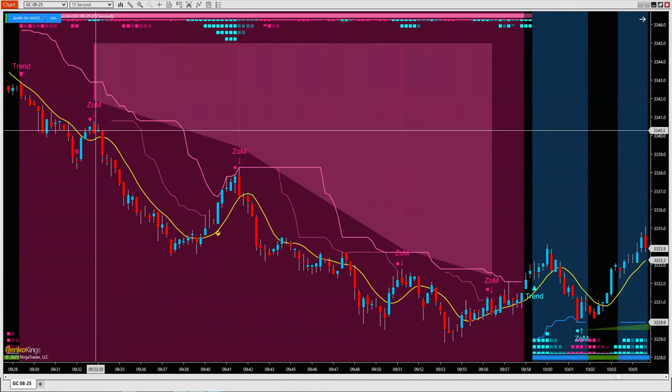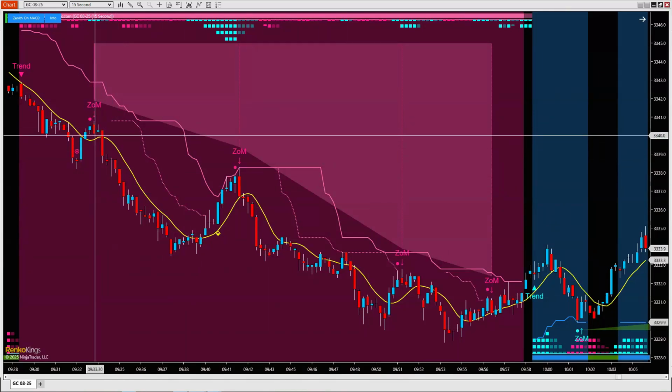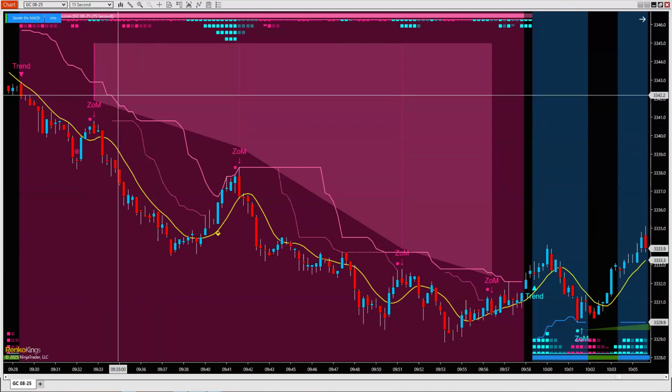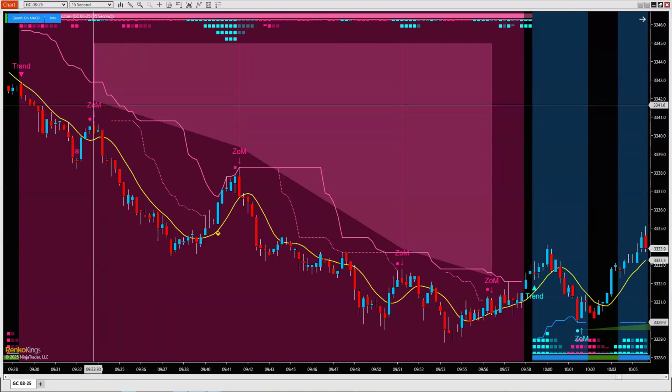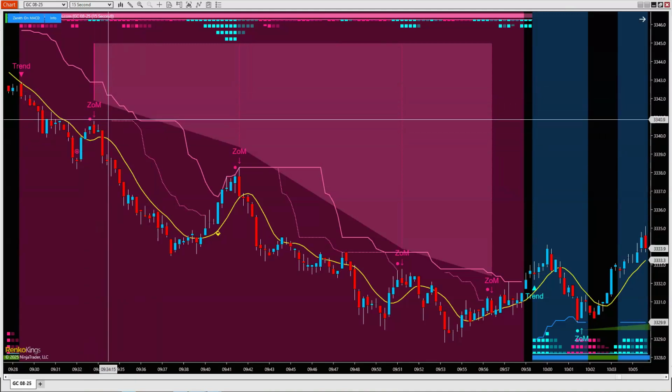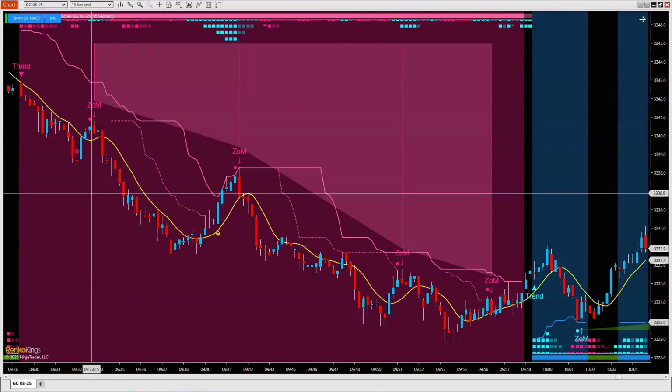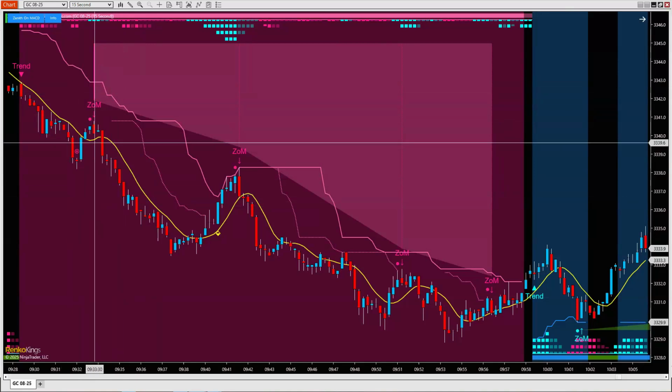It would be right over here. By the way, these signals don't repaint, meaning it's not like in real time this signal did not exist or it existed in a different place. Once the signal prints in real time, it stays there. It does not repaint. Okay. So yeah, we have a short